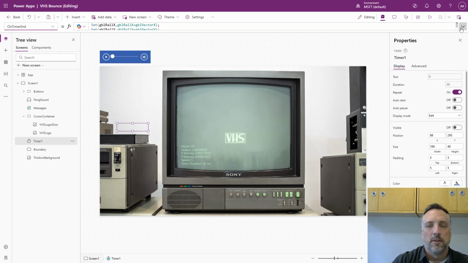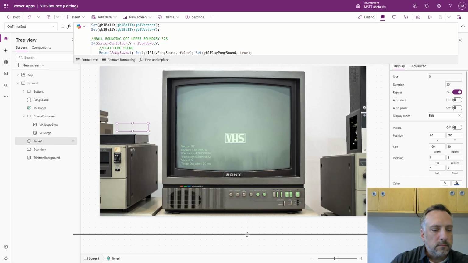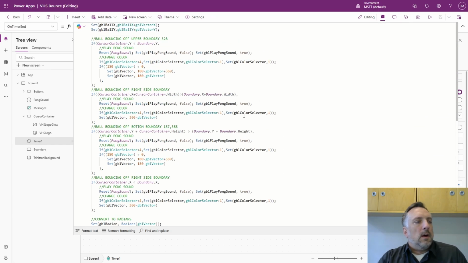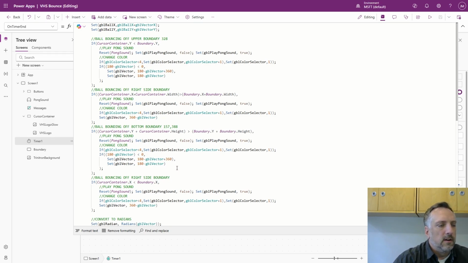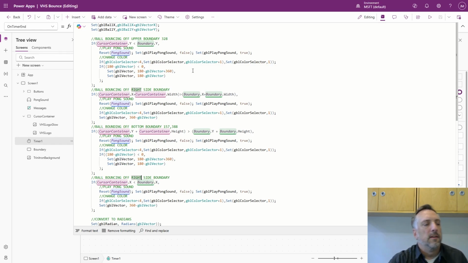Let me just walk through that. You can see there are 4 sections of code here. The ball's bouncing off the upper boundary, off the right side boundary, bottom boundary, and this should be left side boundary. I must have left that in there when I copied it from up here. But anyway,